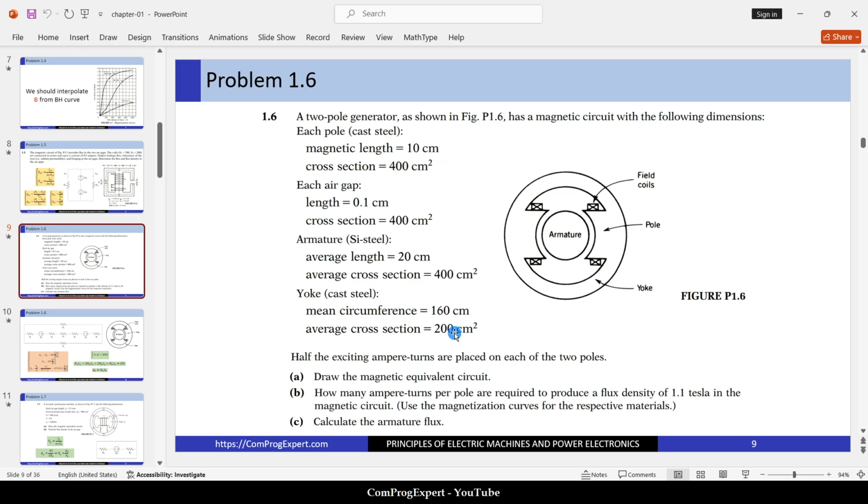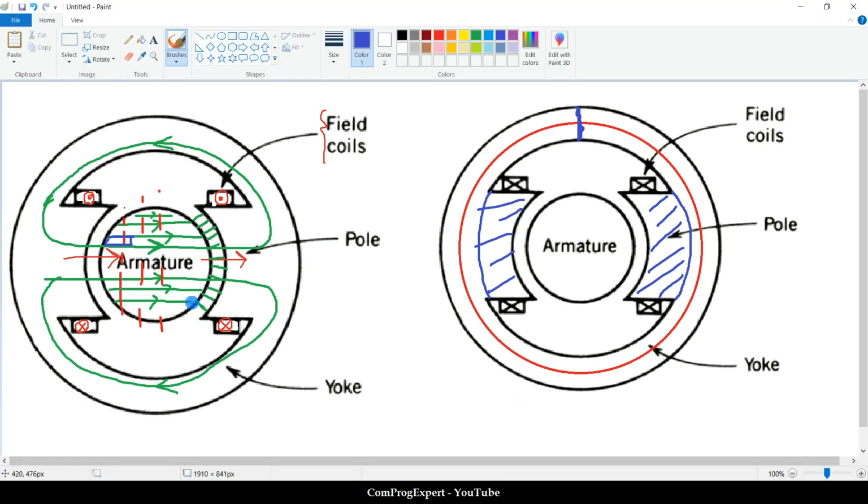So half the exciting ampere turns are placed on each of the two poles. Yes, these two coils are identical, and half of the needed magnetomotive force is generated by this coil, and the other half is generated by this coil, and you know the